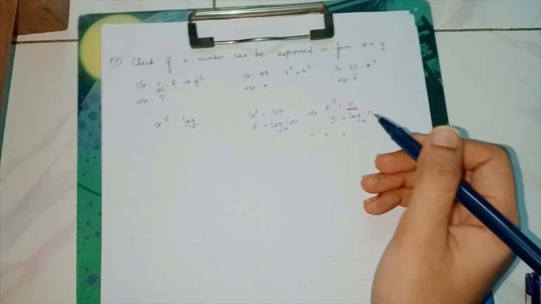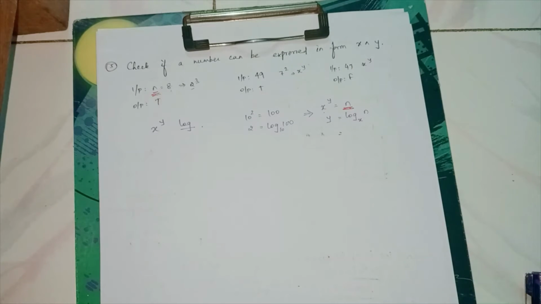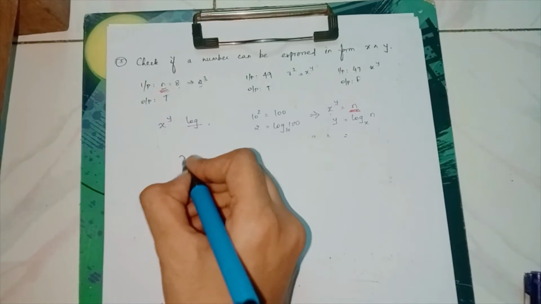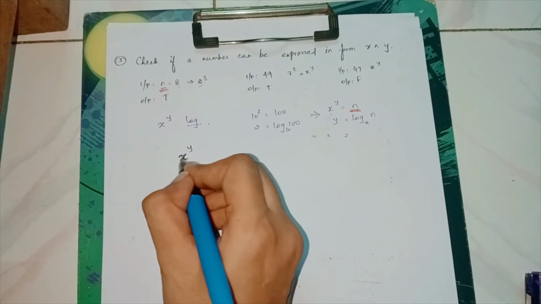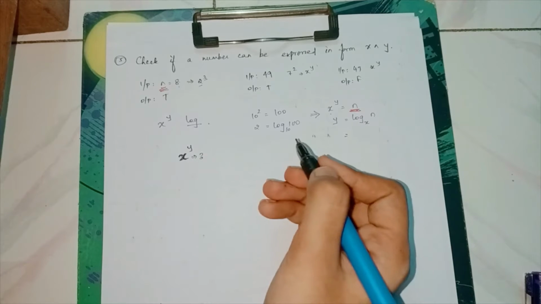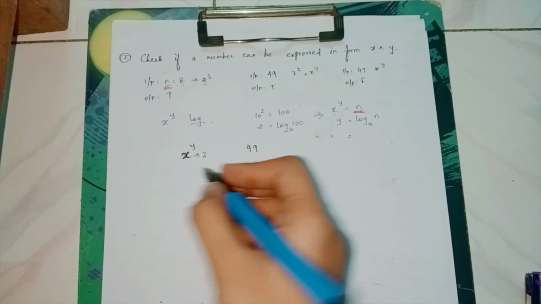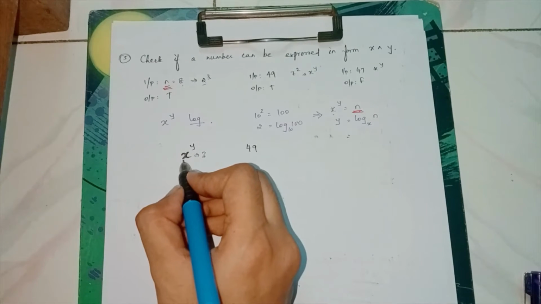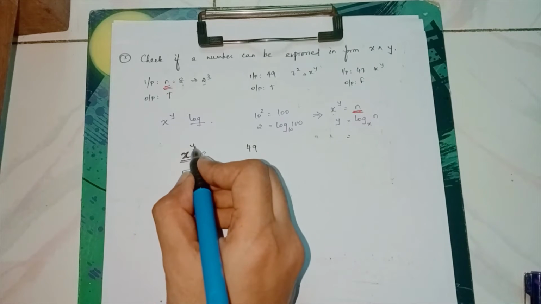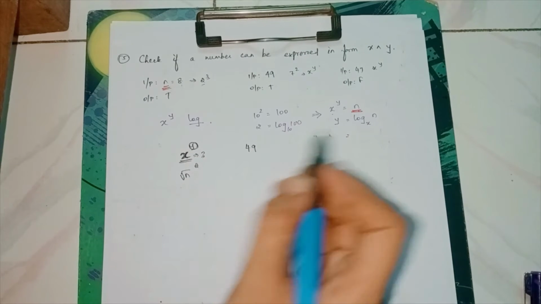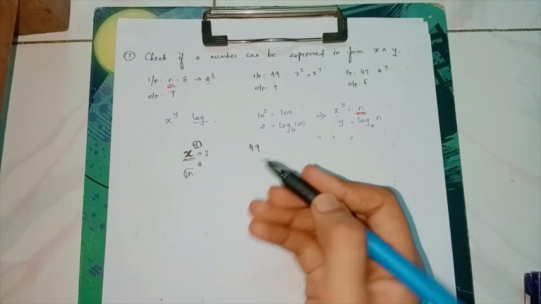I'm not sure if you got it right, but as I proceed you will understand it even better. So what I mean to tell you is that this x power y is there, right? What is the maximum value that this x can actually take? Just give it a guess. Let's take the instance of 49. The maximum it can take is the square root of the number. This x can be the square root of the number, and this y can be 2 at max. That is the highest value that you can actually have.